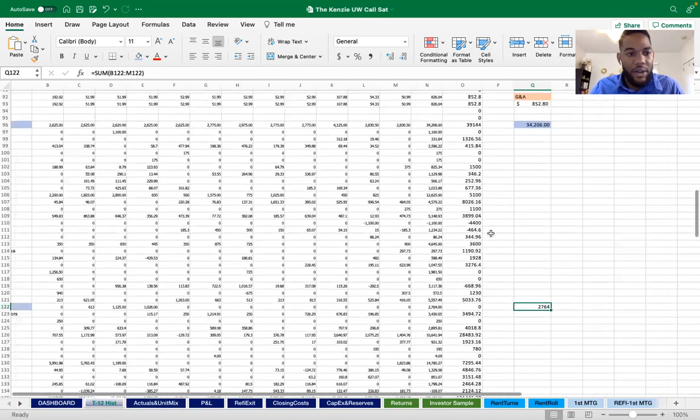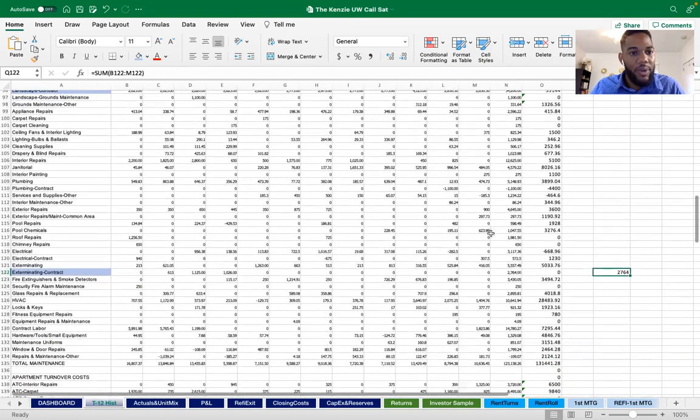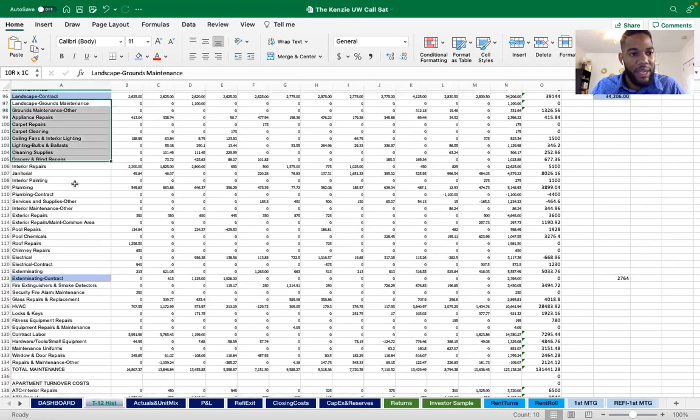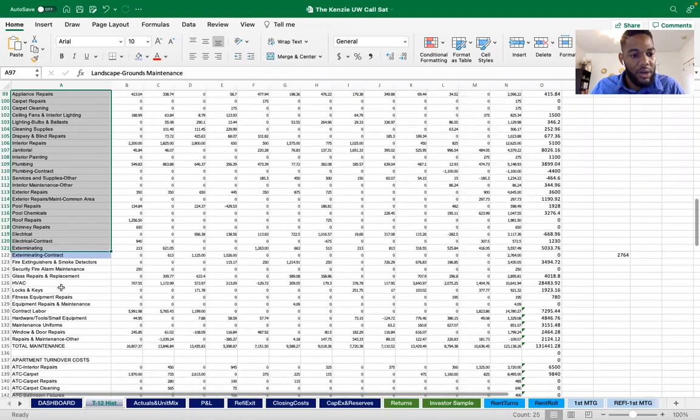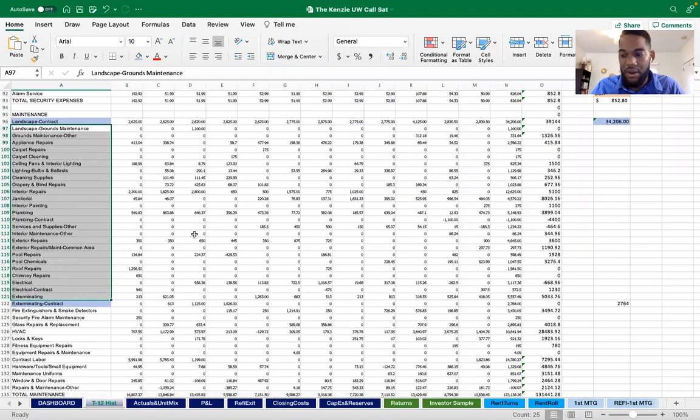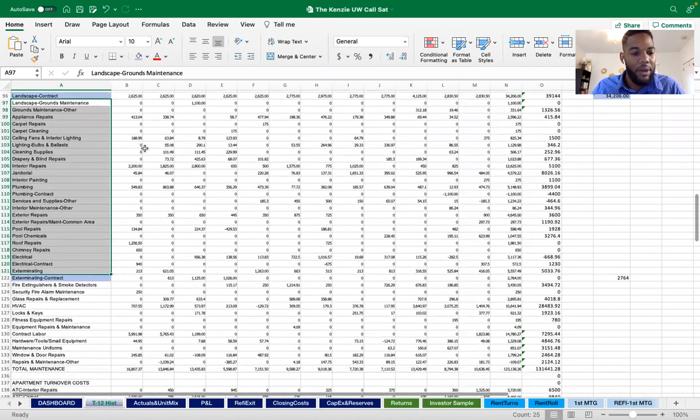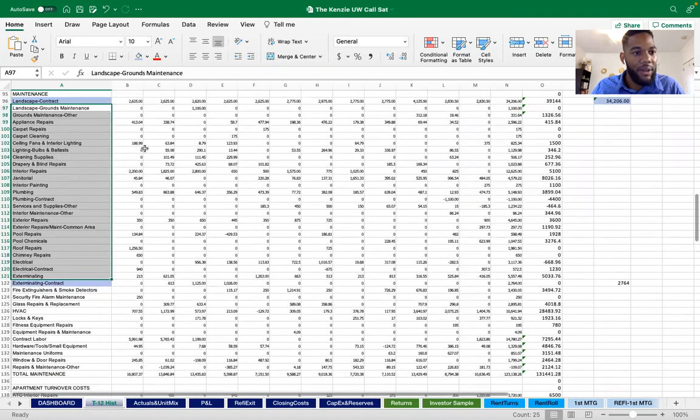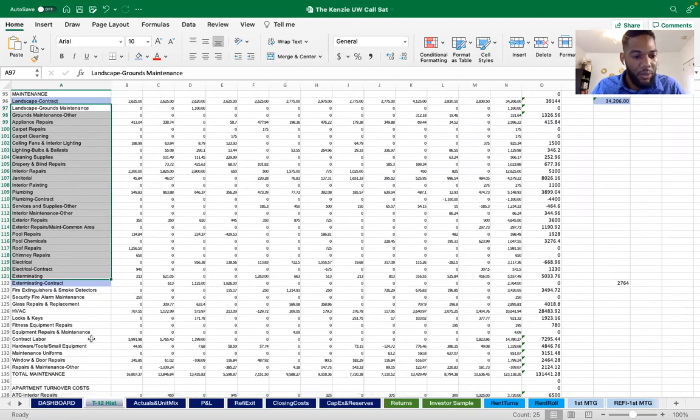So everything else under here, right? Are we okay to put everything else in repairs and maintenance, or do you guys want to? Y'all have any comments on anything else here? Or are we cool to put everything else in repair and maintenance? I don't really see anything that's standing out to me here that I would say isn't really R&M. And we're talking about line items 97 through 134.